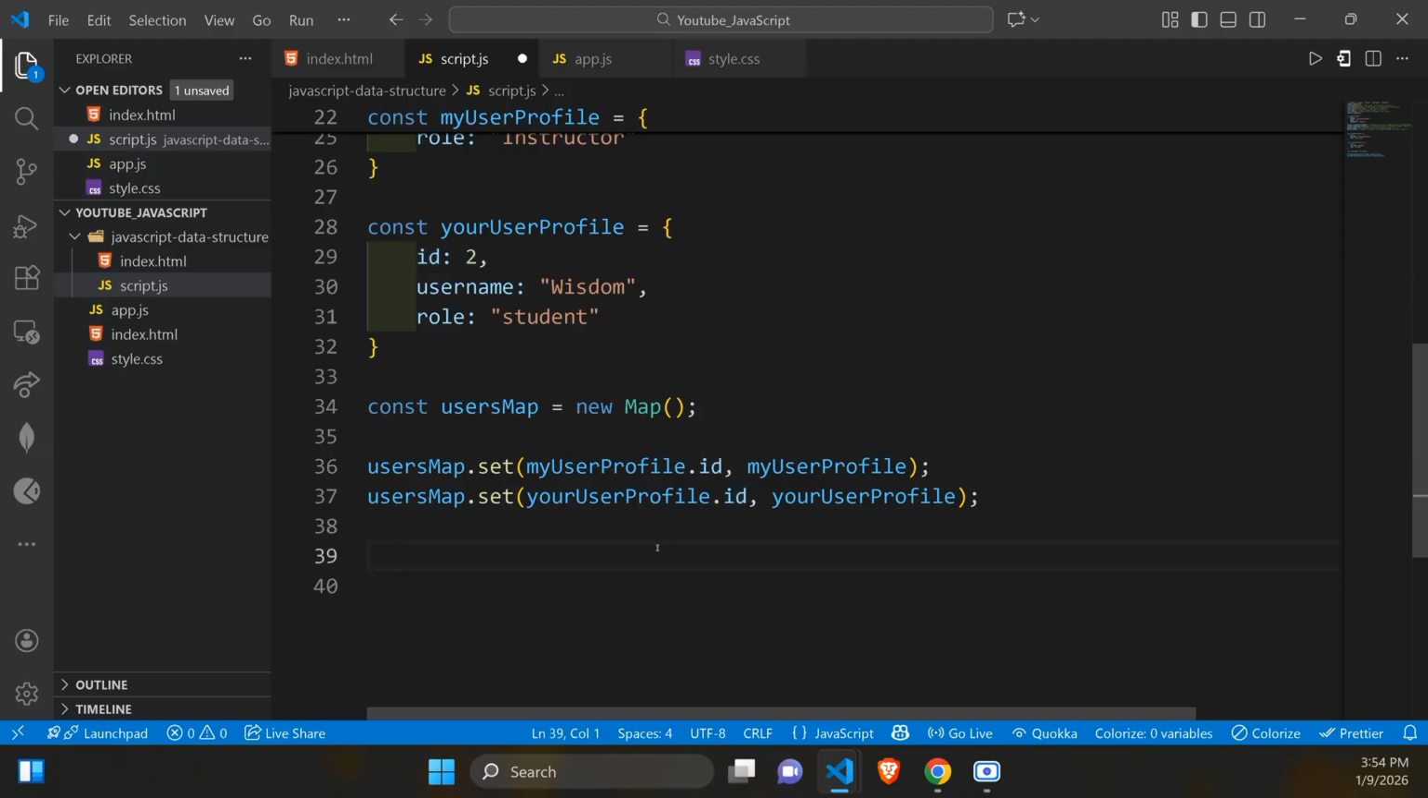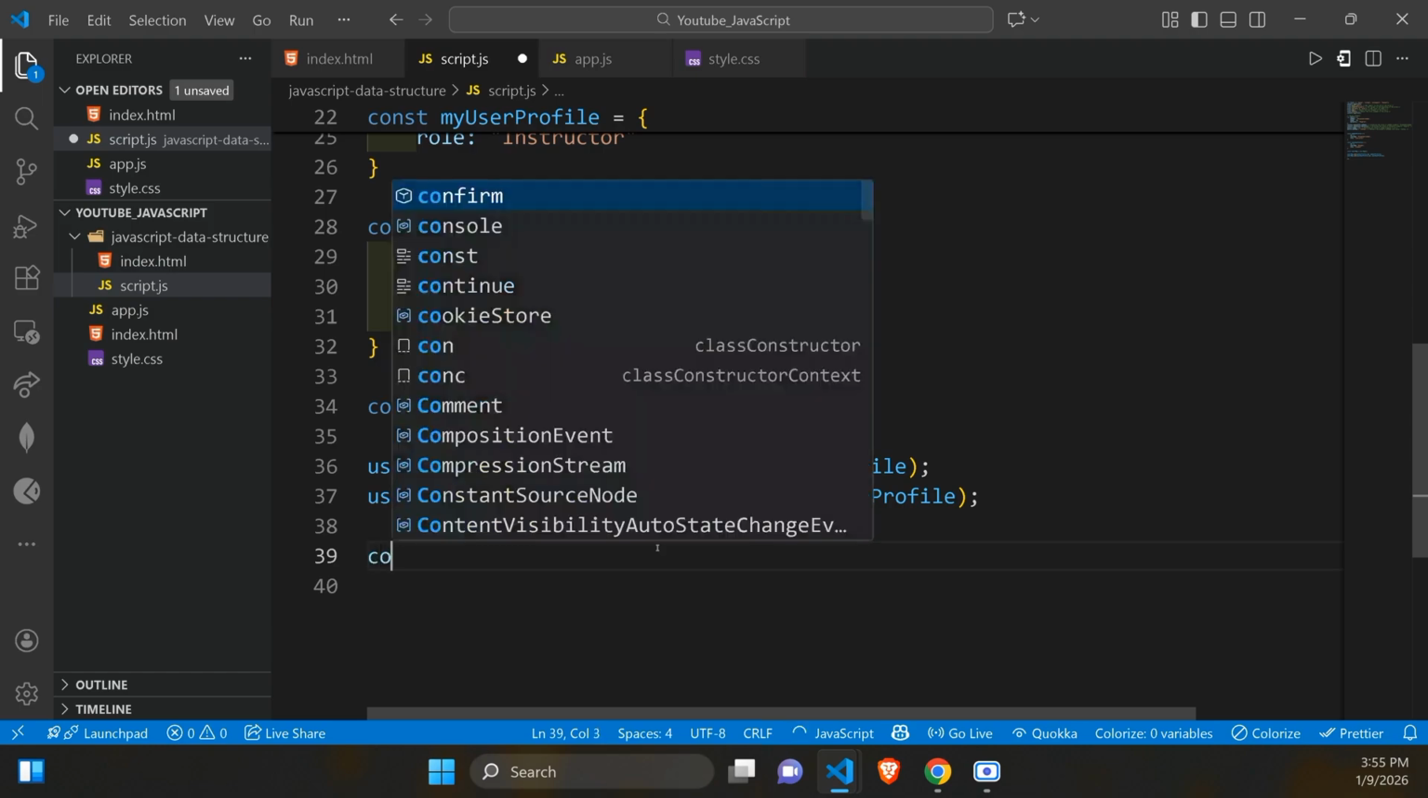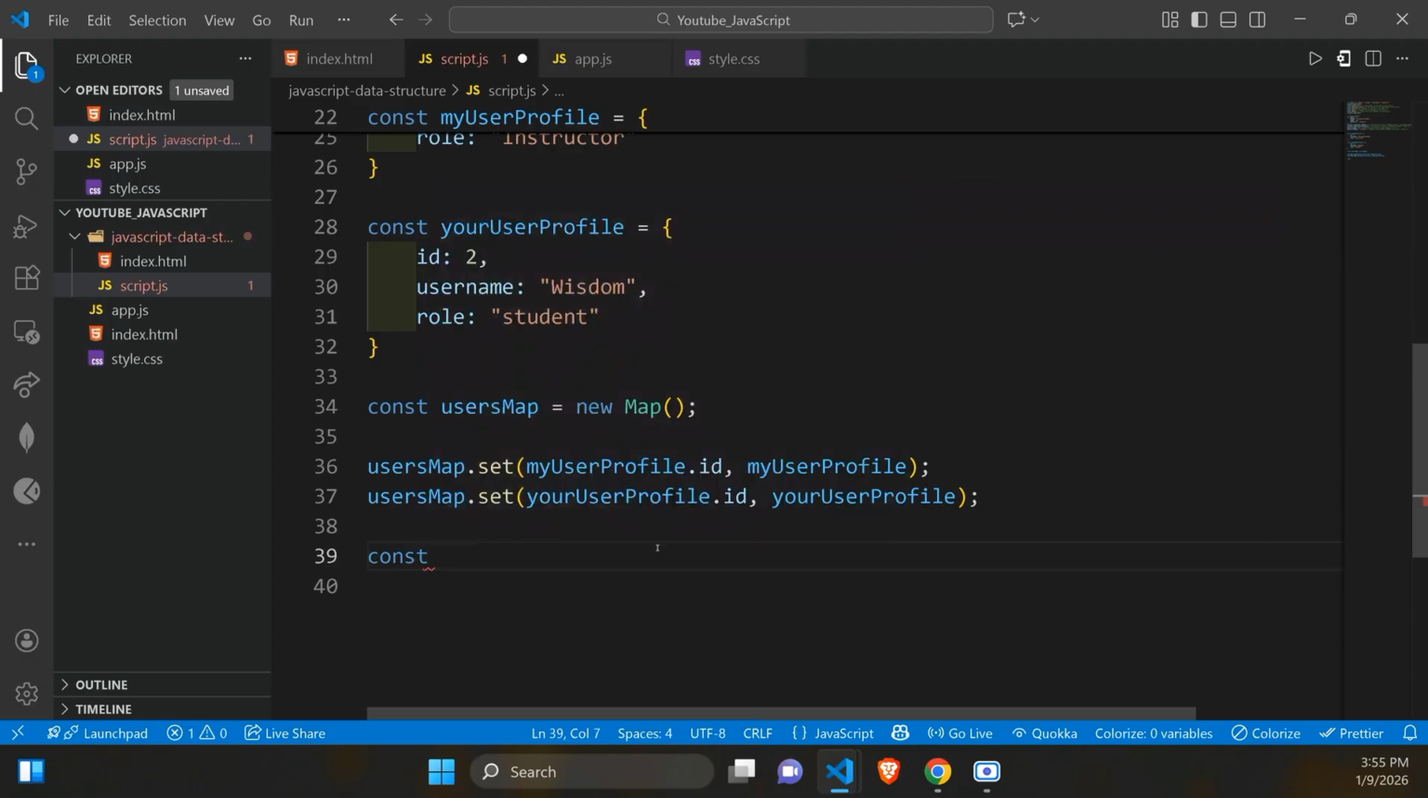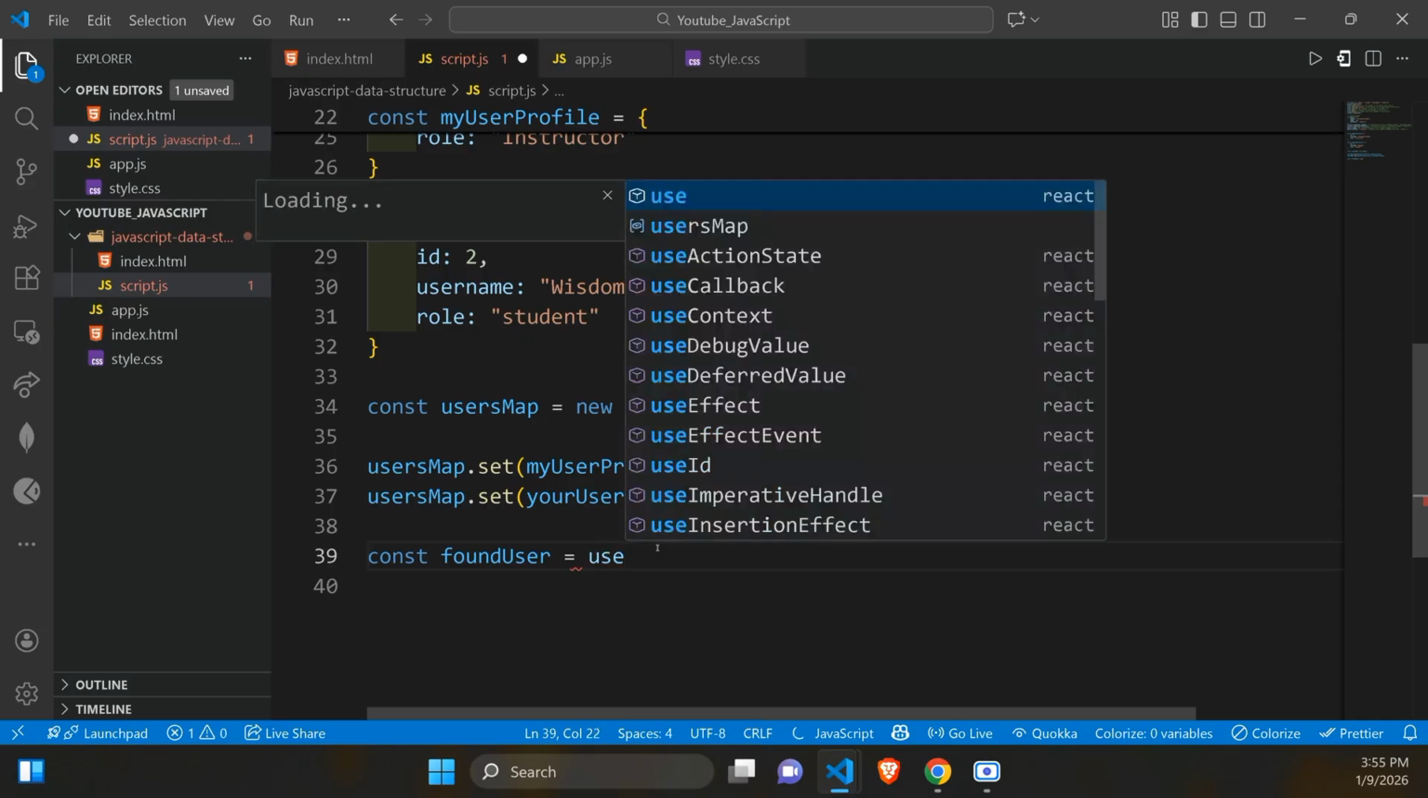So by the time we proceed now, you will fully understand. Now let's say I want to access the user instantly, right? Instead of me looping through the array, because as it is now, let me say that I have another variable called foundUser, right? foundUser to be equal to the users map,